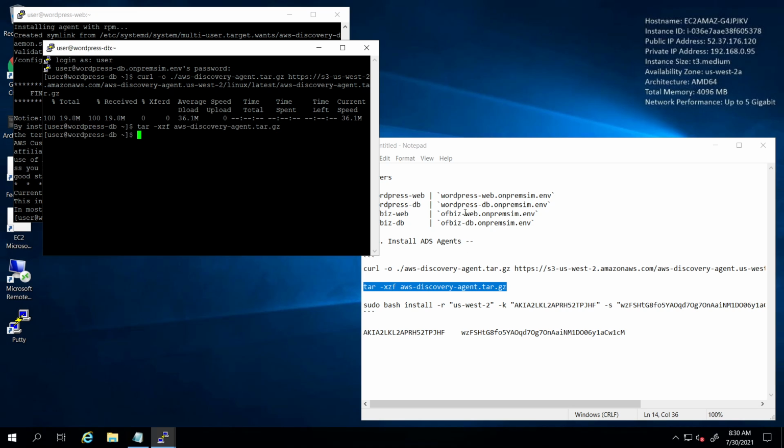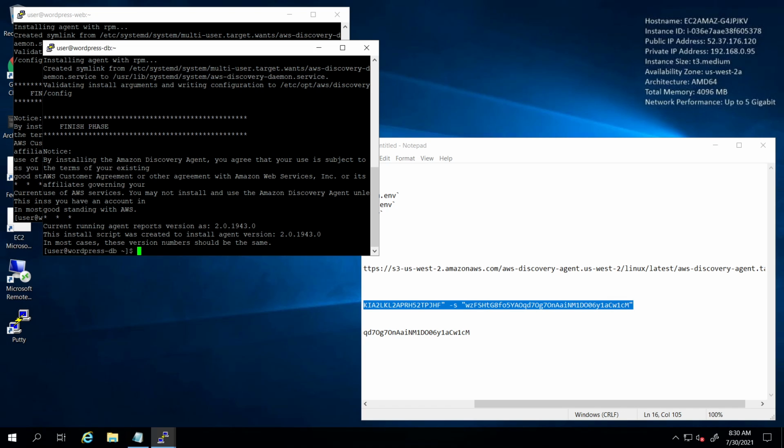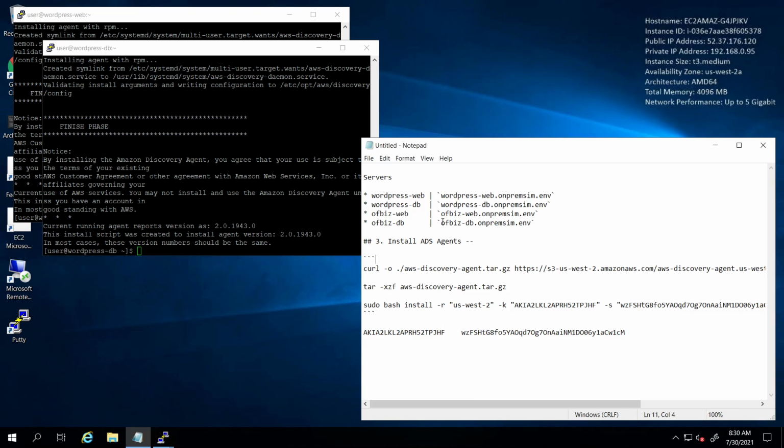Okay, once again, we have downloaded and unpacked the ADS agent install, and we are ready to install it. There you go. Now the third server, which is the web application server for the second application.